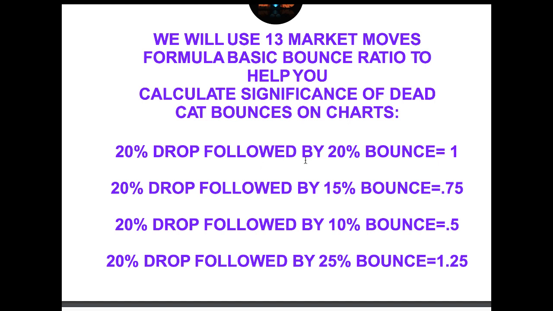So before we move further, I'm going to break this down for you. A 20% drop followed by a 20% bounce would give you a ratio of 1. In this case, to arrive at 1, you'd basically take 20, the amount of the bounce, and divide it by the amount of the drop. To get to a ratio of 0.75, you take the 15%, the size of the bounce, and divide it by the size of the drop. So a 20% drop followed by a 15% bounce would give you a basic ratio of 0.75. A 20% drop followed by a 10% bounce, guys, is going to give you a basic ratio of 0.5. And a 20% drop followed by a 25% bounce would give you a ratio of